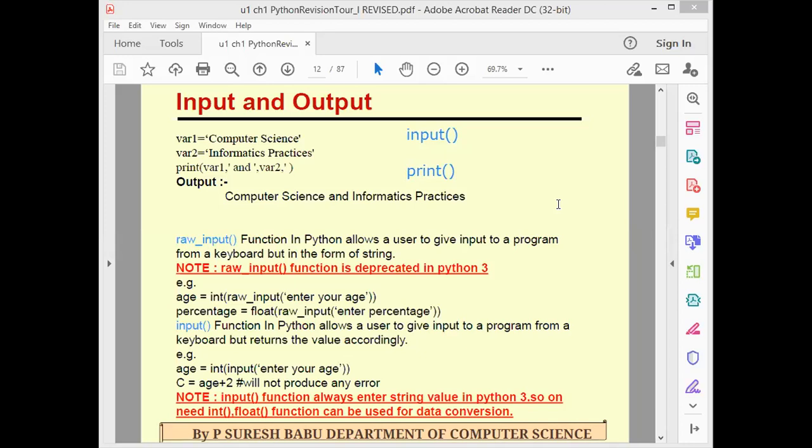I will explain any number of times. Because everything is program related, it is not theory concepts. Don't memorize. Whatever doubt you have, you can clear it by working out the program.